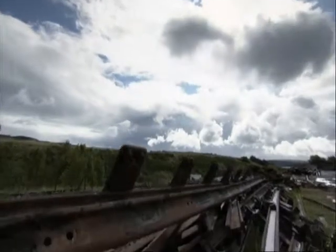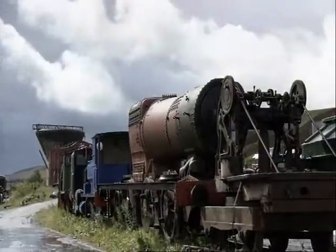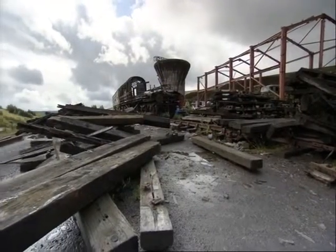It's race day. And at this disused steam railway in the valleys of South Wales, our two teams will